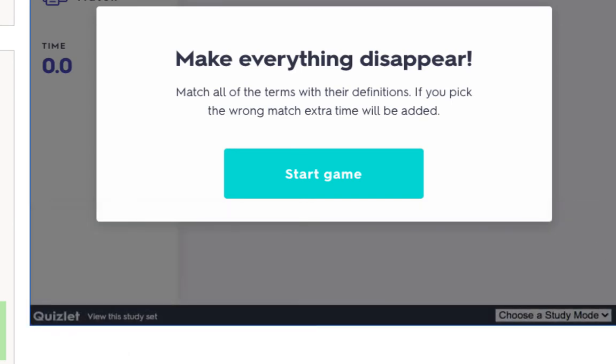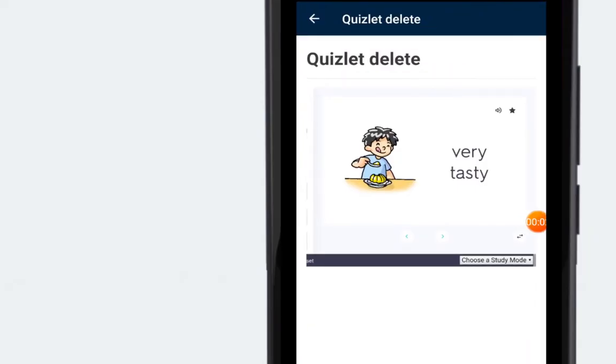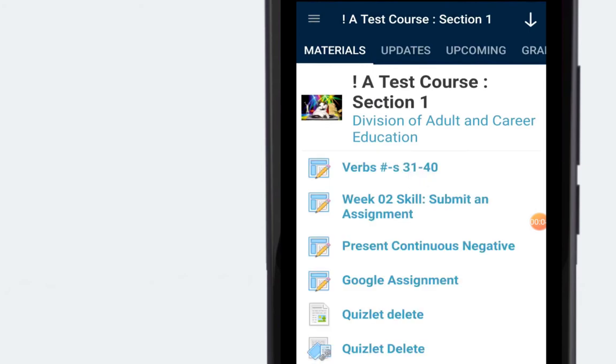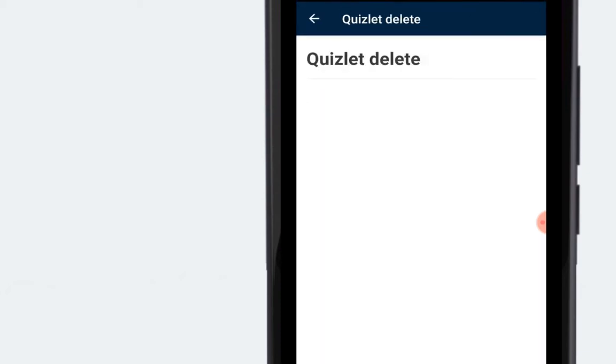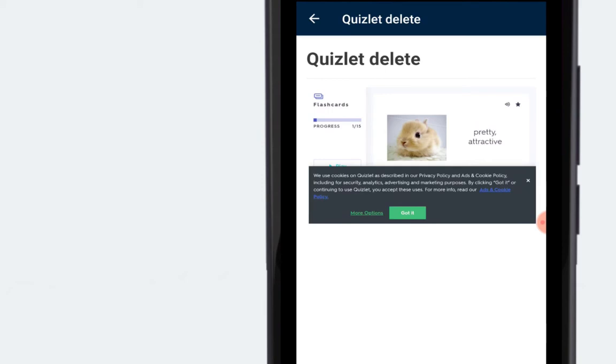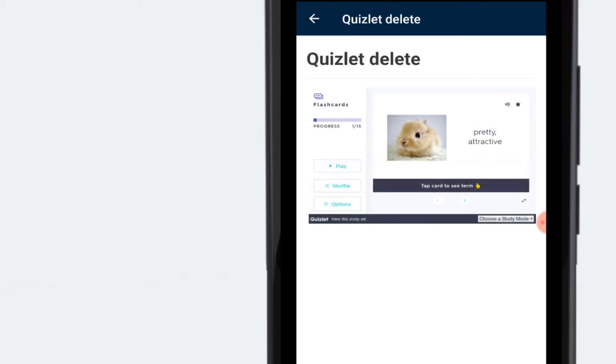Now let's go ahead and take a look at what this looks like on the phone for the student. Here I have it on the phone. They click on the embedded one. I have 2 in there, and there it is, it pops right up. Very similar looking. You can zoom in with it as well,